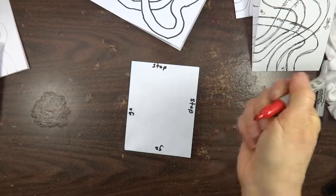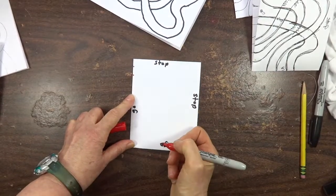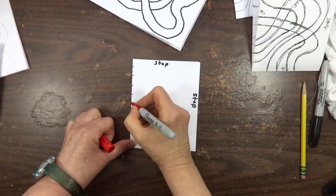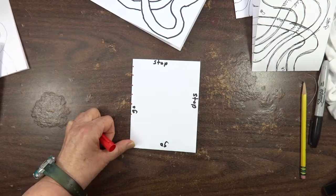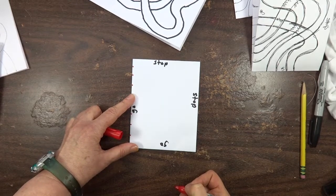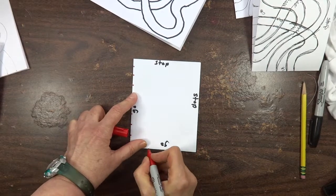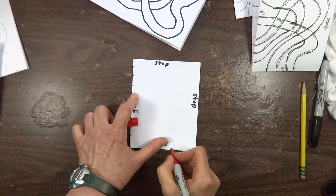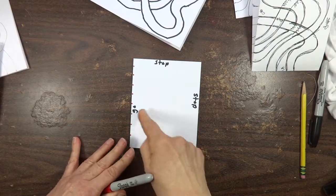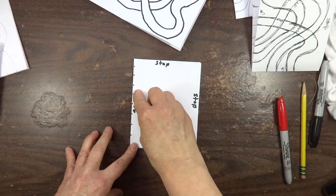So, we'll make some dots. This dot represents our first piece of rope. These two dots represent our second piece of rope. These two dots make our third piece of rope, and here we are with our fourth piece of rope. So we have 1, 2, 3, 4 ropes on this side, and only 2 on this side. These two are going to connect to 2 ropes over there, and one of these is going to